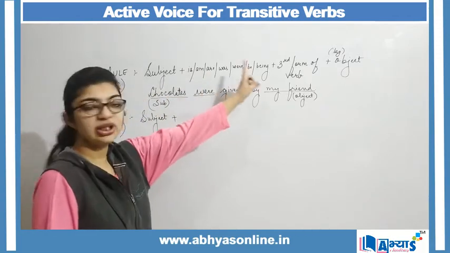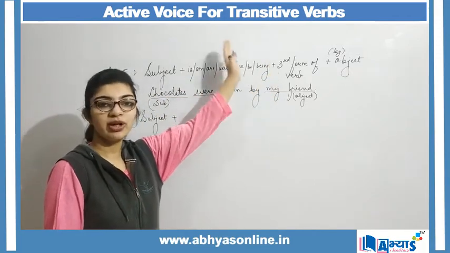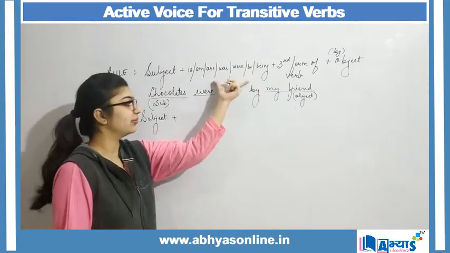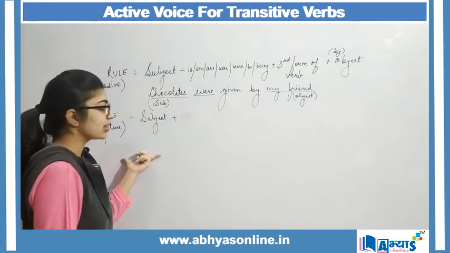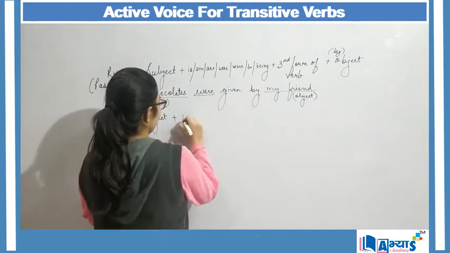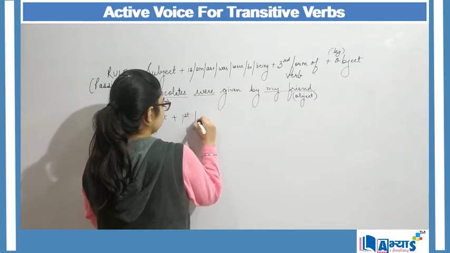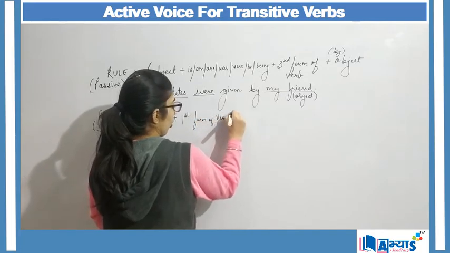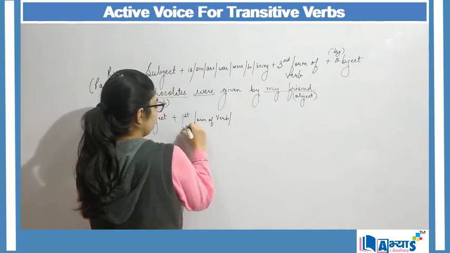Is, am, are is only used in passive voice. When we are converting to active, we eliminate this term. We will simply say subject plus first form of verb, or we can also say third form of verb,